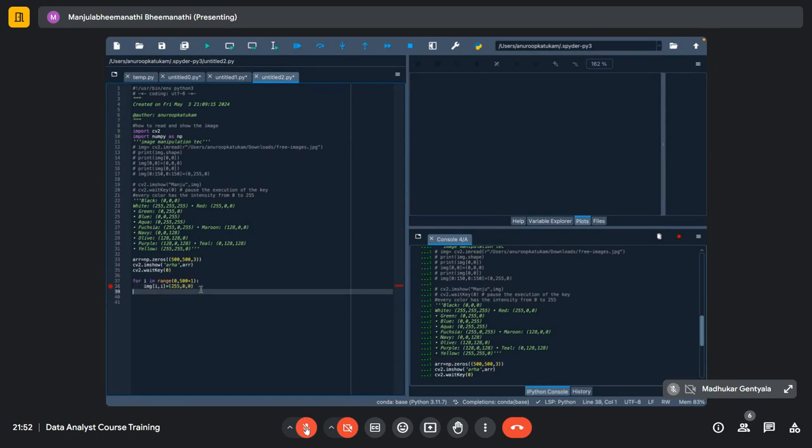So what exactly are you doing? Instead of saying image of 0 comma 0 equals red color, image of 1 comma 1 equals red color, image of 2 comma 2 equals red color, you are just simply assigning that number to a variable called I, and calling that I inside. Just put these two lines 37, 38 after ARR,